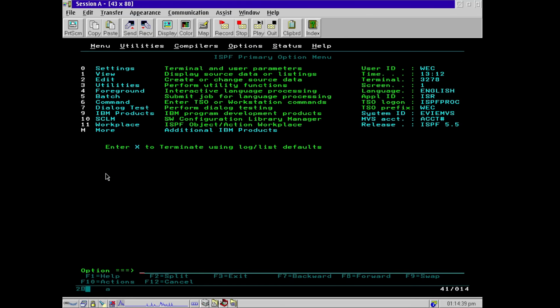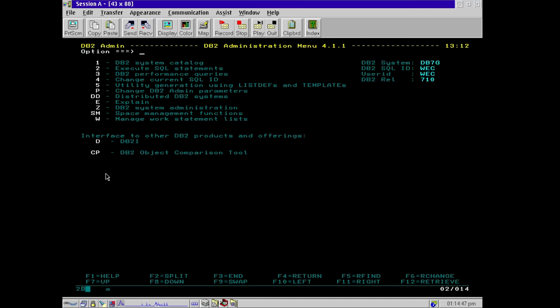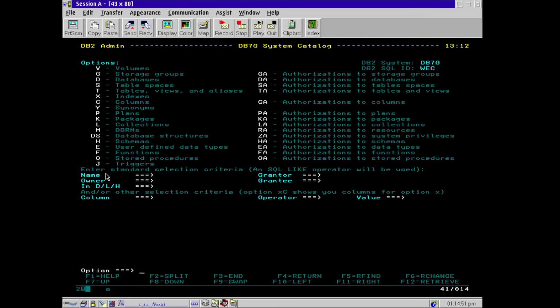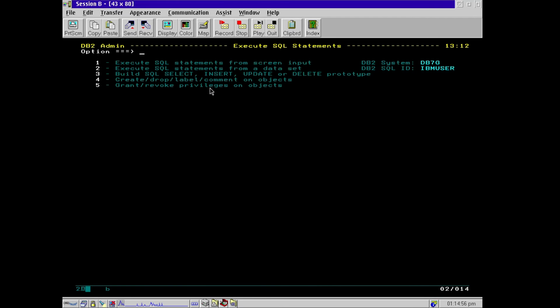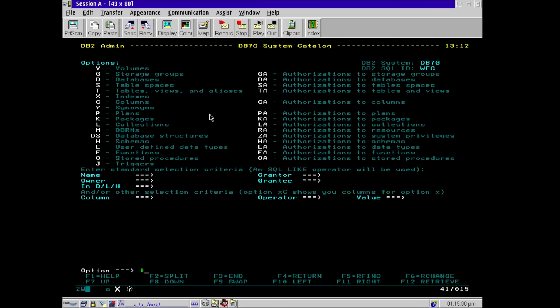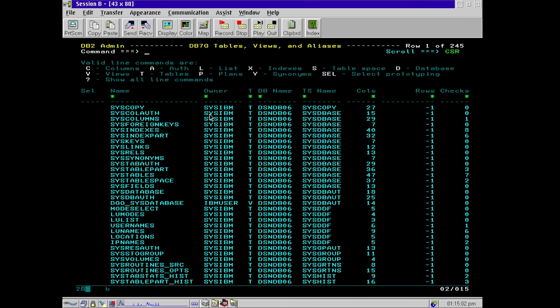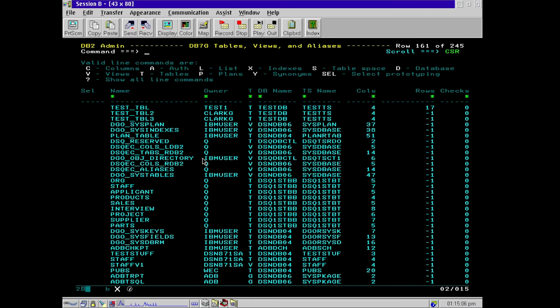So let's back out of all this editor junk. And let's go over here and look at DB2 admin dialog, which is arguably much nicer. Now, I'm like a peon normal user, so I can't really do much here, but we can look at the DB2 system catalog if I have administration rights. If I try to do anything, I don't have permissions, but I do on this terminal. And this right here allows you to query every single table on the system,